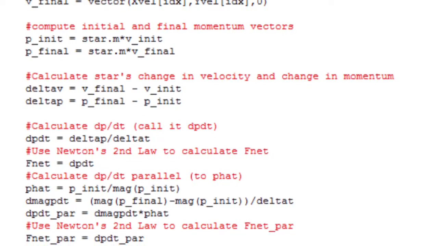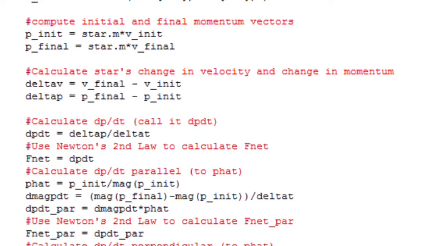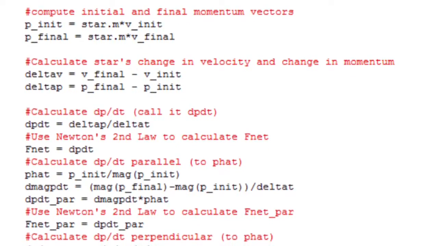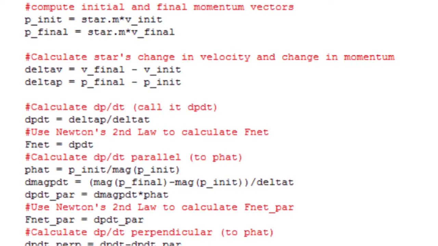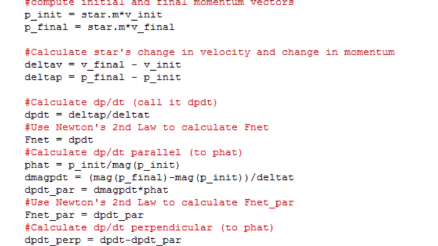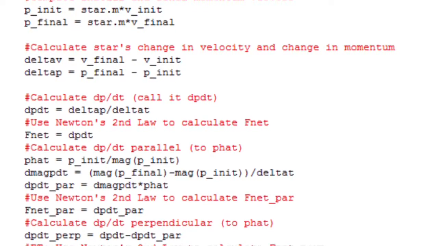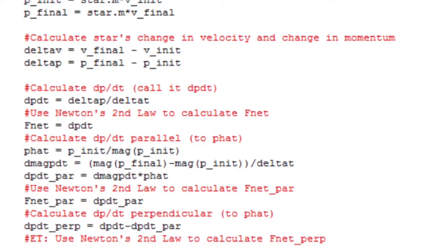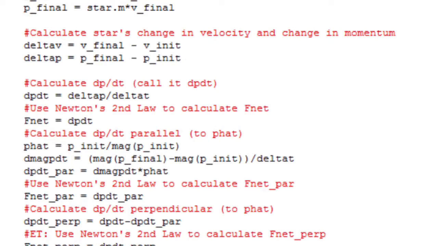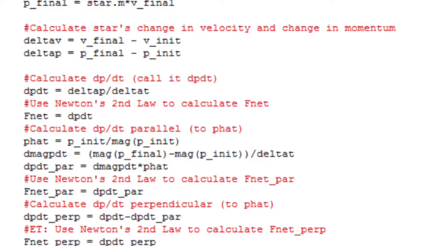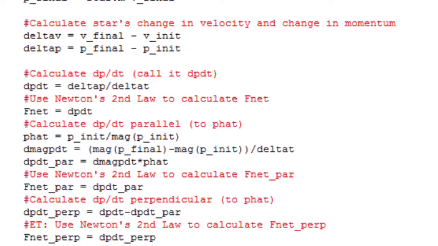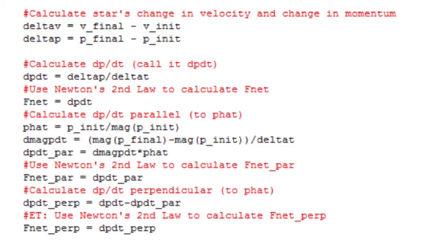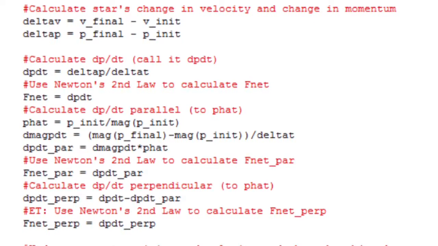So at this point we have Fnet, and we can go about calculating the mass already if we wanted to. But to demonstrate the changing directions of parallel and perpendicular components of Fnet, we have to calculate dp/dt parallel and perpendicular. Finding p hat will give us the direction of the parallel force, so we can set that equal to p initial over the magnitude of p initial, and then the change in magnitude over time of that will be as follows in that line. And the following line will just set that dp/dt parallel is equal to d magnitude of momentum dt times p hat. So the momentum principle states that we can set dp/dt parallel equal to Fnet parallel because they're